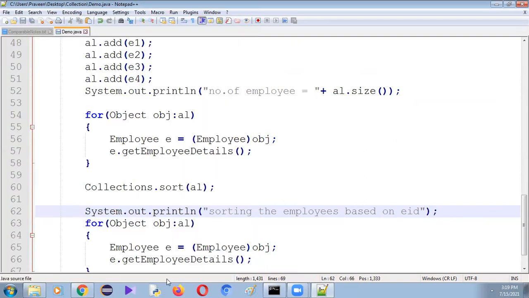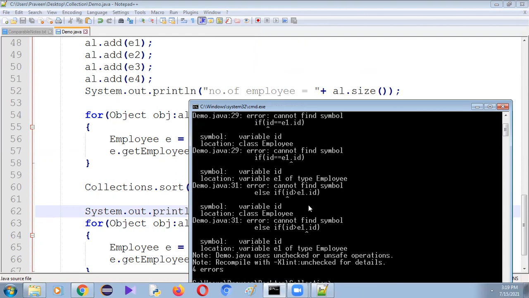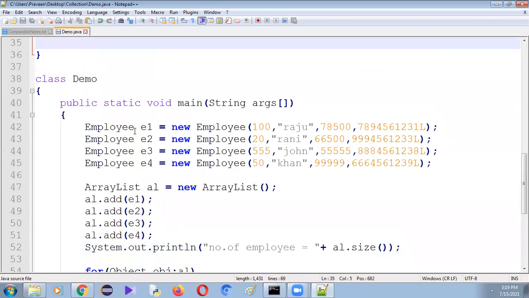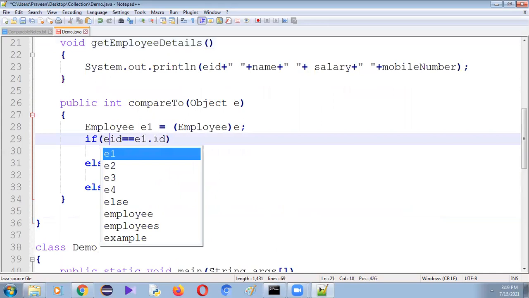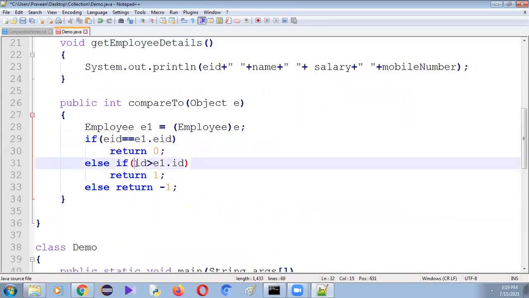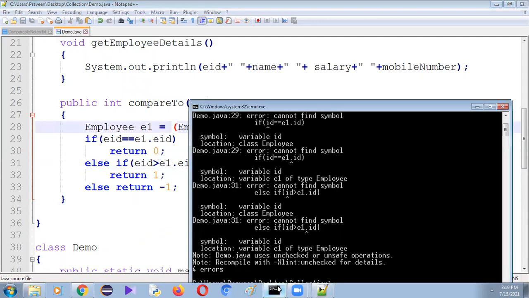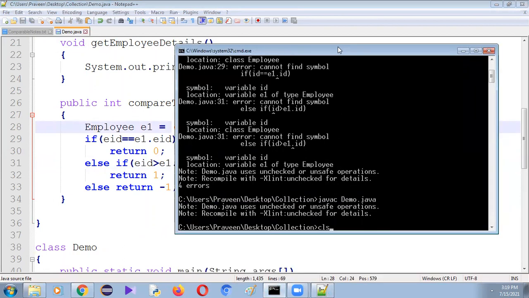Save it. Sorry, cannot find symbol ID. Why have we used ID? It is EID. This is EID, not ID. Yes, compiled successfully.